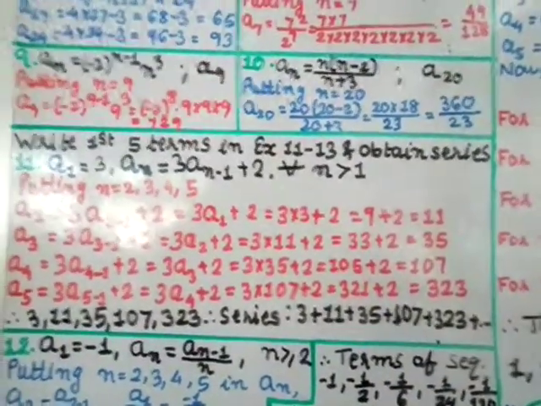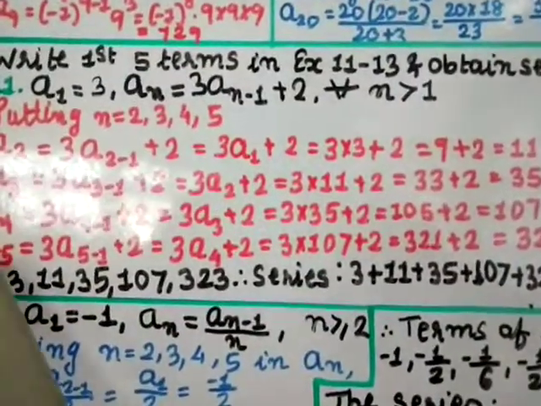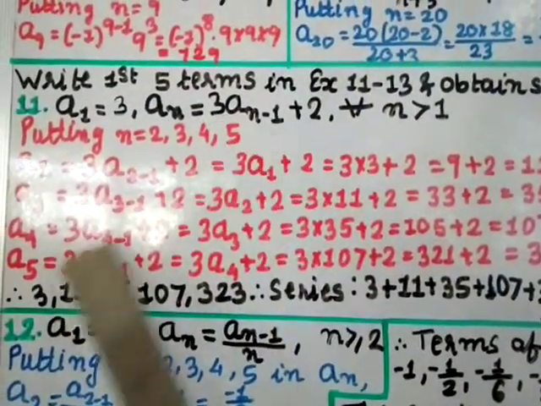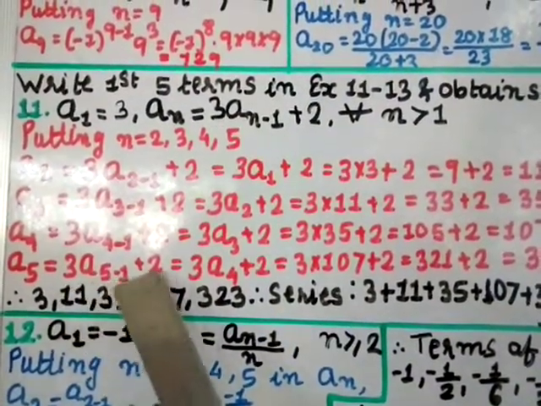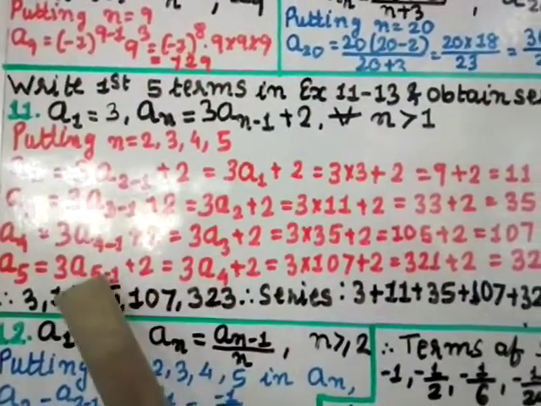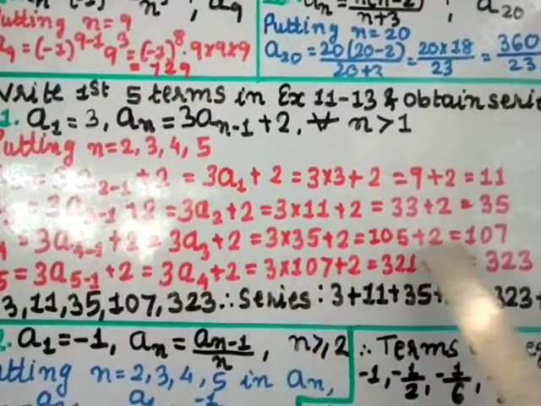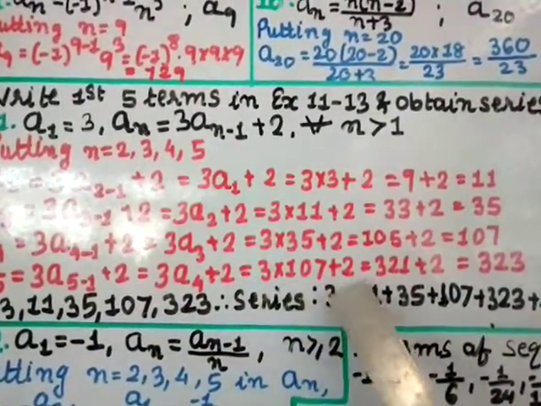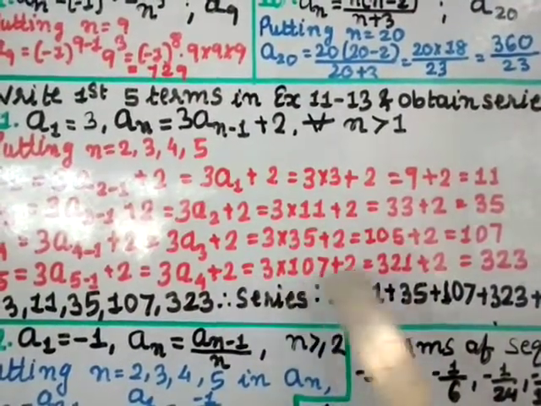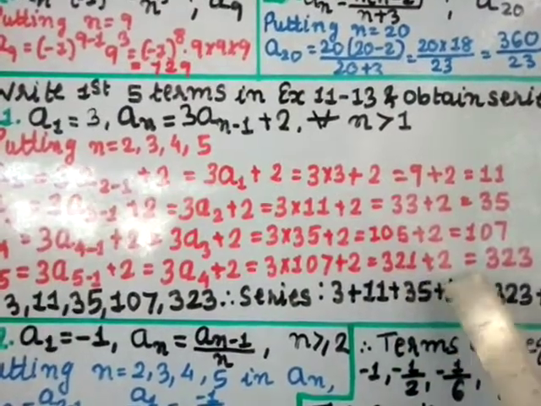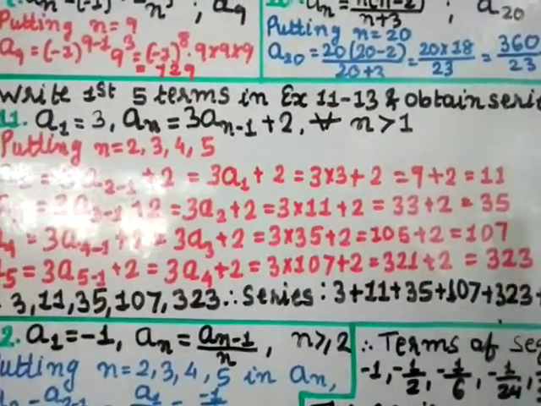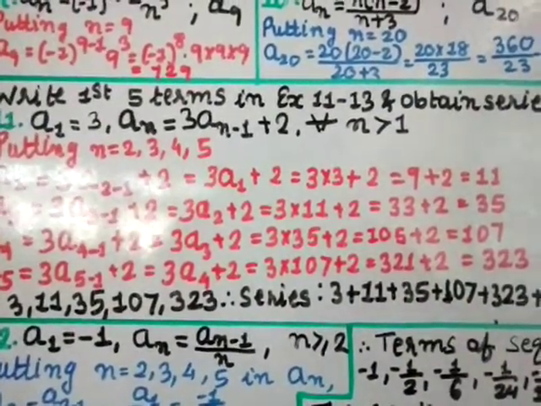Now put n equal to 5. So a5 is equal to 3 into a(n minus 1), so 5 minus 1, plus 2 equal to 3 a(5 minus 1) is a4, plus 2 equal to 3 a4. The a4 value is 107. So put here 3 into 107 is 321 plus 2, which gives you 323. Therefore the first 5 terms are